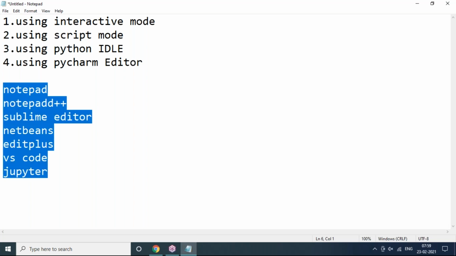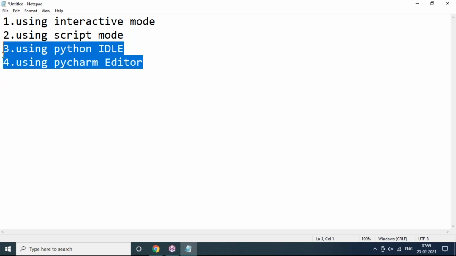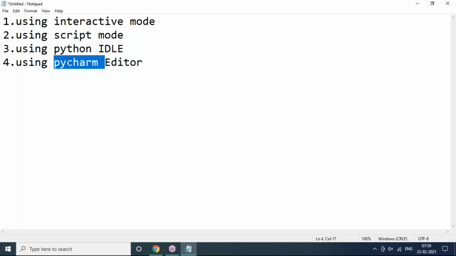An editor is just a platform where we can write our code and execute it. One environment is required. Mostly, purely Java editors are Edit Plus, NetBeans, Eclipse and so on. Purely .NET editors are Visual Studio. Similarly, purely Python editors are the PyCharm editor or Python IDLE.